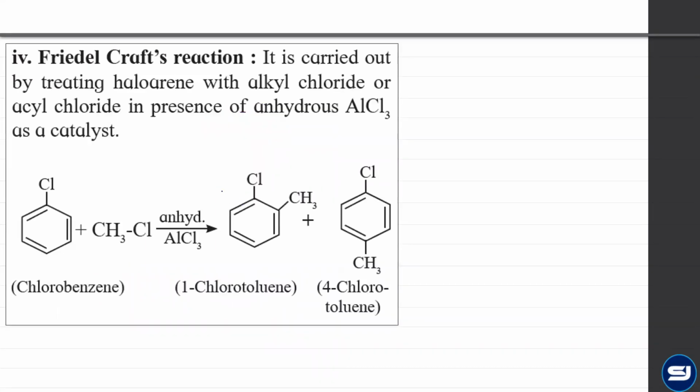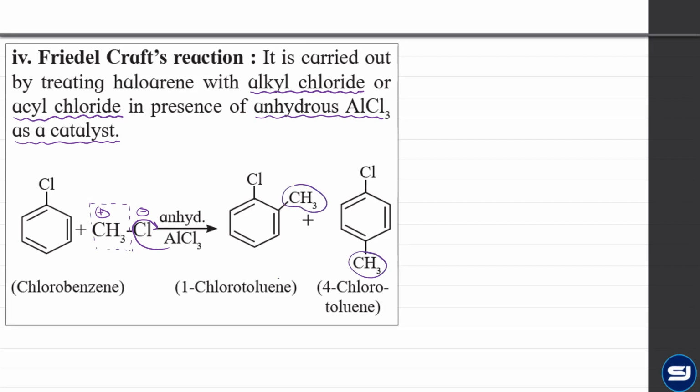Then the Friedel-Crafts reaction, जिसमें दो reaction है. One is alkylation, another is acylation. So alkylation is done with alkyl chloride, acylation is done with acyl chloride, both in the presence of anhydrous AlCl3. जो कि क्या काम करता है, it breaks the reagent heterolytically into minus and plus. AlCl3 इसको लेकर जाता है और electrophile generate करता है, and this electrophile attacks the ortho and the para